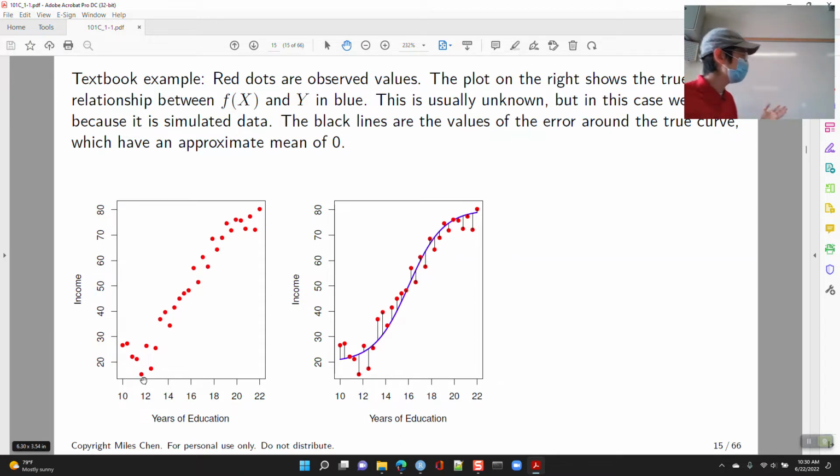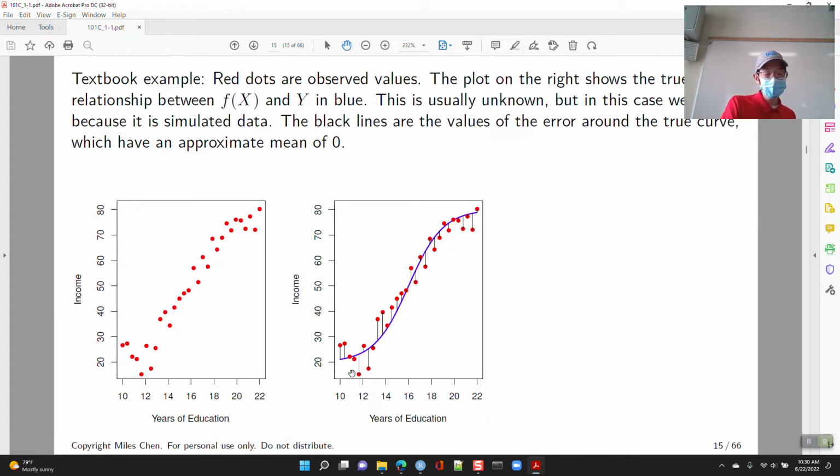So if you graduated high school, you have 12 years of formal education. If you get your bachelor's degree, you have 16 years of formal education. Maybe a master's degree is 18, and for a PhD, you end up spending a lot of time in school, and med school and things like that. So there could be some kind of relationship here between someone's income and their years of education. And again, this was simulated data, but when you're looking at data, you only get to see the actual discrete dots that show up.